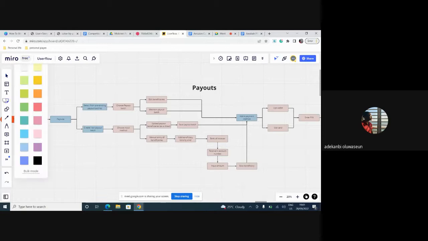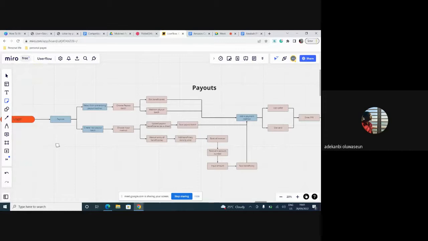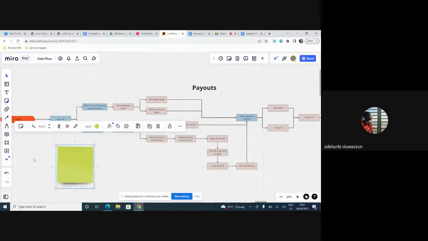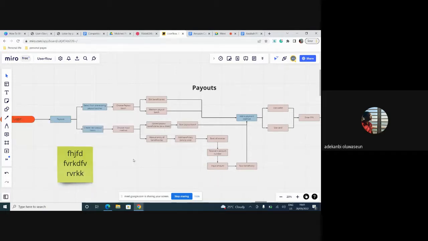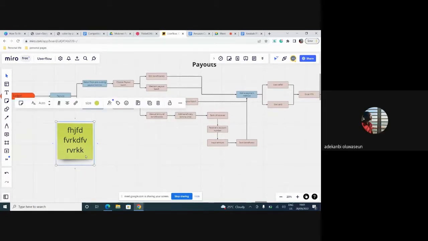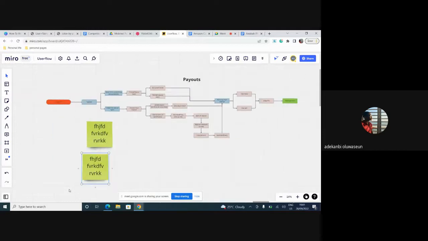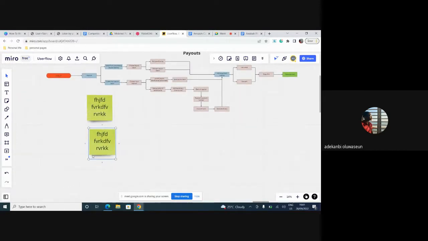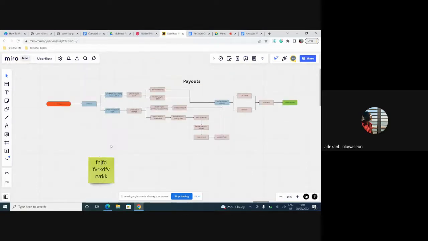There are so many options here. You can select either of these. I'm sure you can see my screen. Yes, I can. There are so many things you can do on this that allow you to create a narrative flow. Here you can decide to type on it, for example, my name is. It's very simple, and it's interactive as well. You can also bring another one below it here. So you see that from here, you know that it's not rocket science, it's achievable.